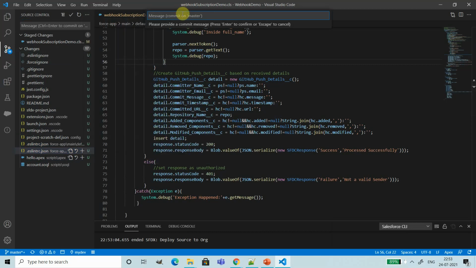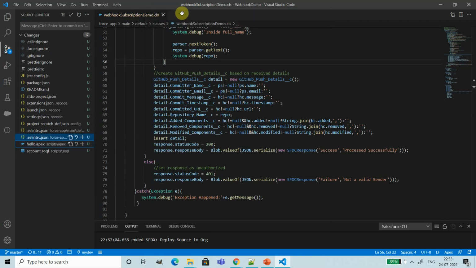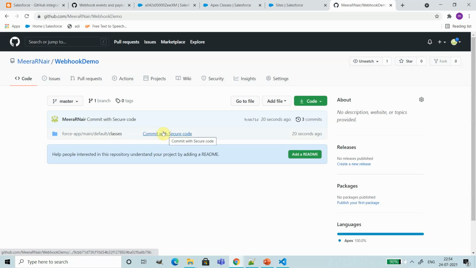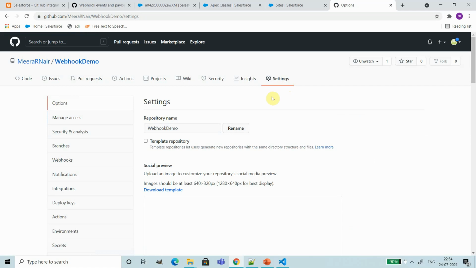I'm adding a commit message like commit with secure code. Okay, if you go to the repository, you can see the changes are available here. And let us check the webhook to see if it got delivered correctly.